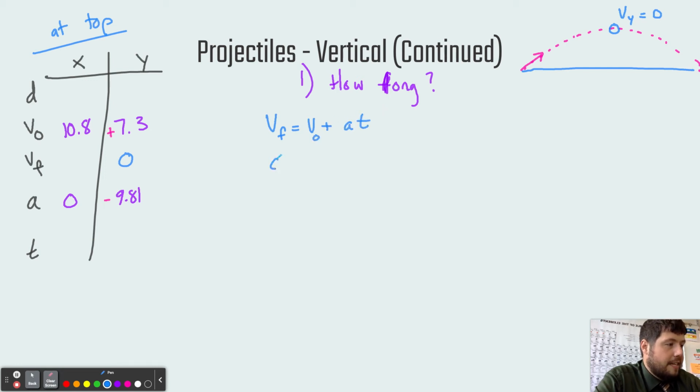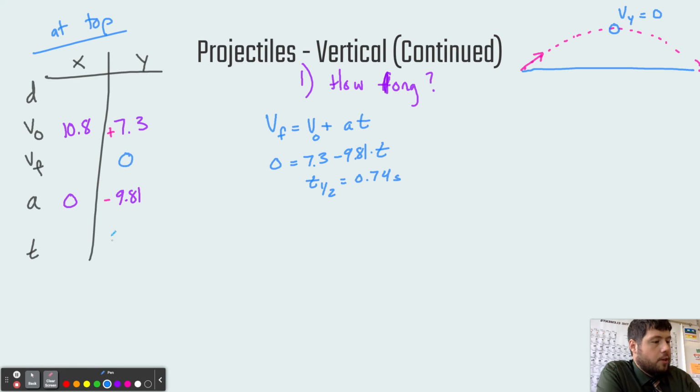The final velocity at the top is 0. That equals the initial velocity, 7.3, minus 9.81 times the time. And now you can see why that minus is important, because otherwise this mathematically wouldn't work out. You end up taking 7.3, dividing by 9.81, and I get the time. I'm going to call this t1 half to be 0.74 seconds. So that's my time